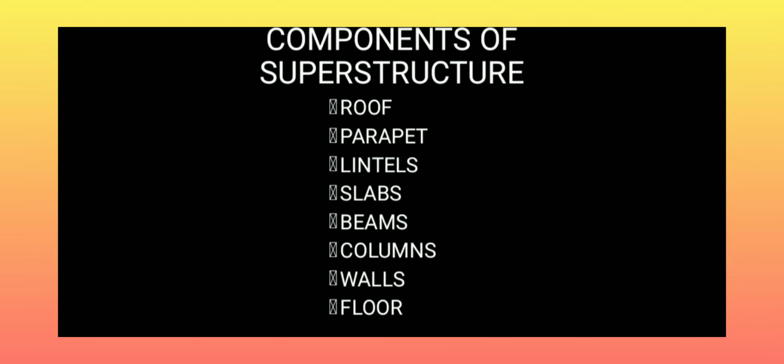Materials used for the superstructure are timber, steel, concrete, etc. These components help for the safe transfer of dead load, live load and other loads to the foundation and plinth, which further distribute them to the underlying earth. Now we are going to see the detailed explanation of these components.